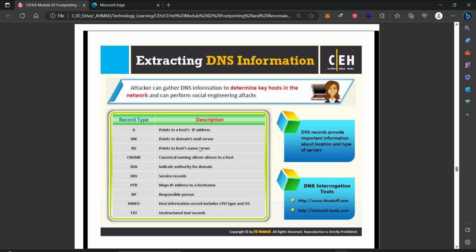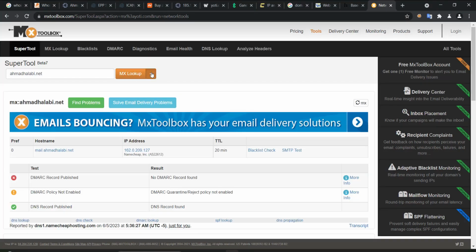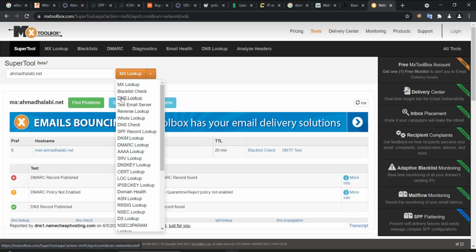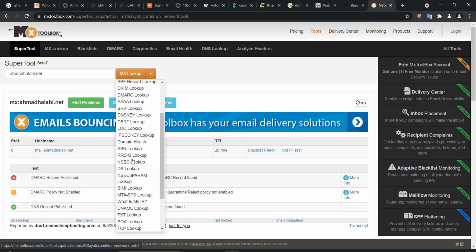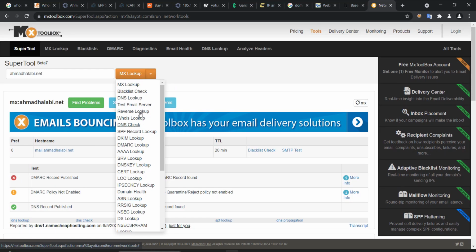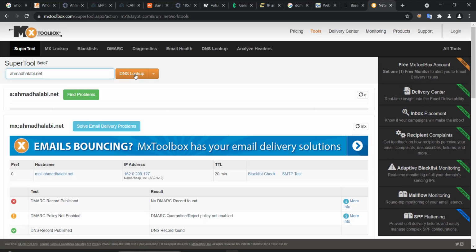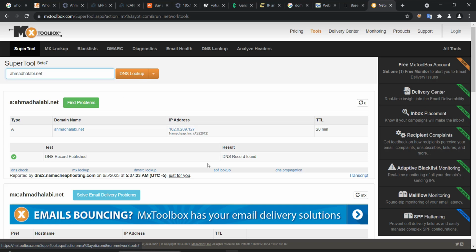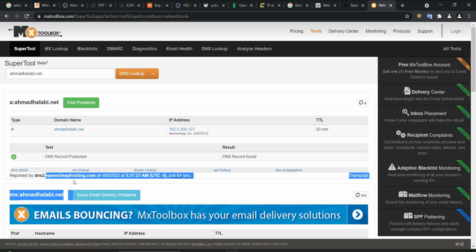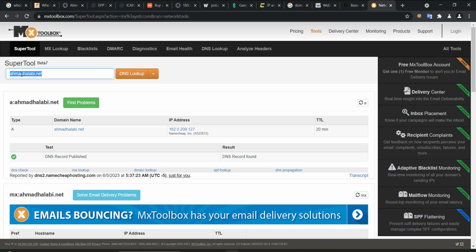NS means the name server. So let us type here NS. NS is similar to DNS, domain name server. The NS alone is the name server, so actually it is the same as DNS. So DNS lookup here. DNS record found. I have DNS and it is on Namecheap as well. So if we type yoti.com,